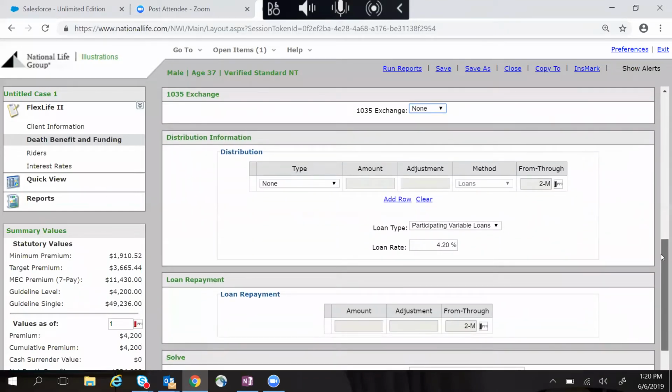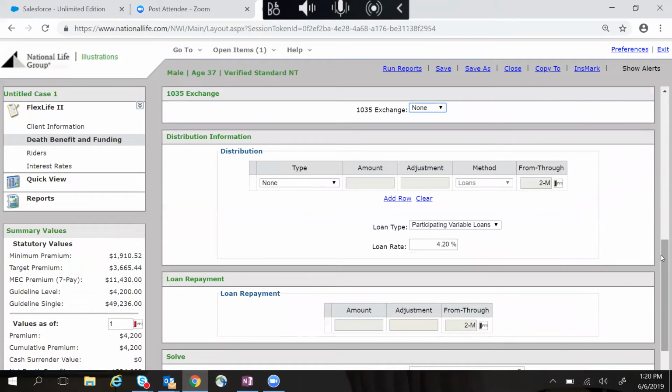And then we get to our distribution information section. This is where you're going to be able to show loans coming out of the policy. There's many different ways that we can take loans out of the Index Universal Life policy. And you can see that if you drop this type down, you can either specify the amount that you're wanting